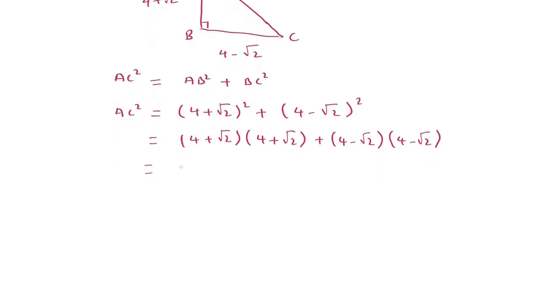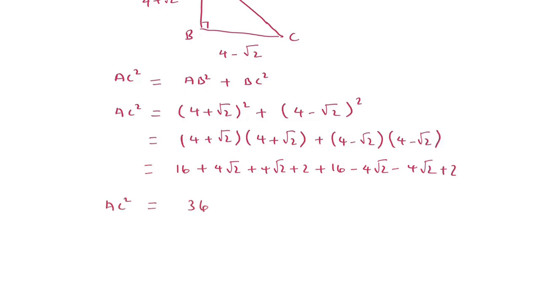We are having 16 plus 4 root 2 plus 4 root 2 plus 2 plus 16 minus 4 root 2 minus 4 root 2 plus 2, of which after solving the values, AC squared equals